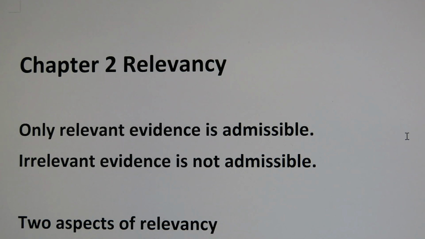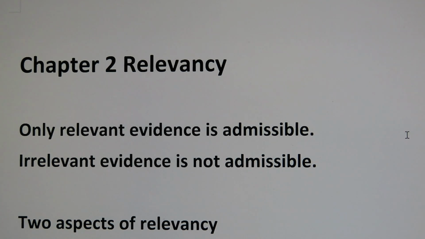This point should be clear. If there is a criminal case, if the prosecution wants to show the defendant committed the crime, or if the defense is trying to show the defendant did not commit the crime, they can only present relevant evidence. Of course, they cannot present evidence that is irrelevant to the issue. I think in principle this point is understandable,